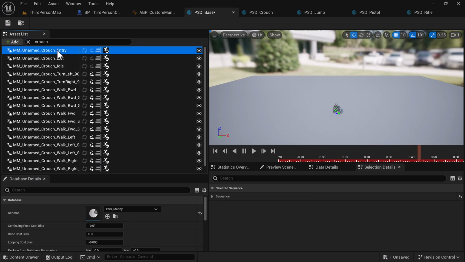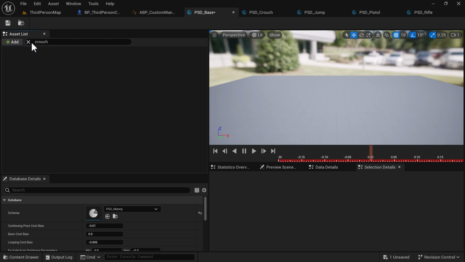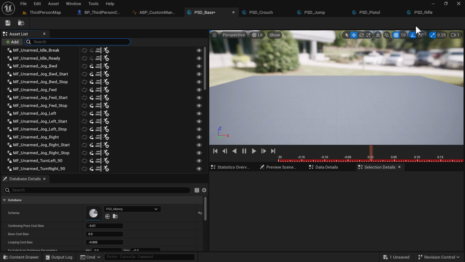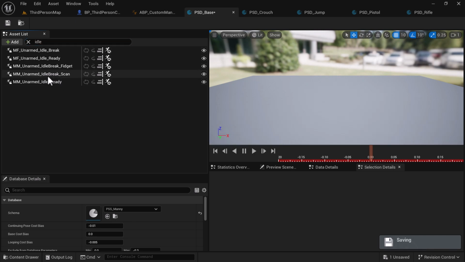Select the first part. Control A, delete. And then next, we're going to need to do the idle. So IDLE. Oh, spell it right. There we go. Now, I like the scan, so I'm probably going to grab the idle break scans for each